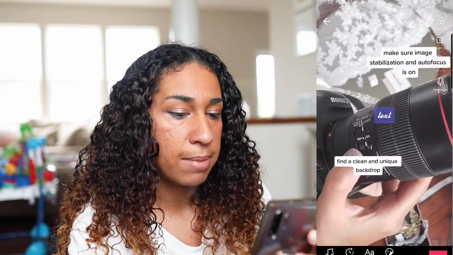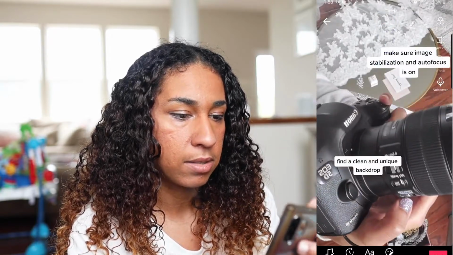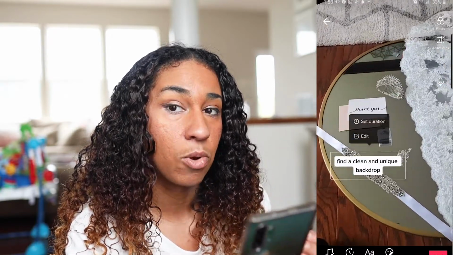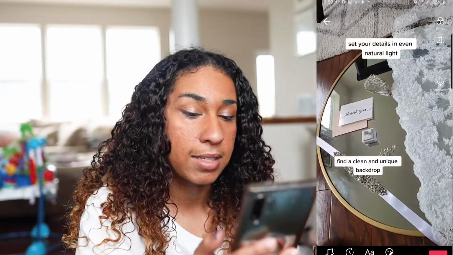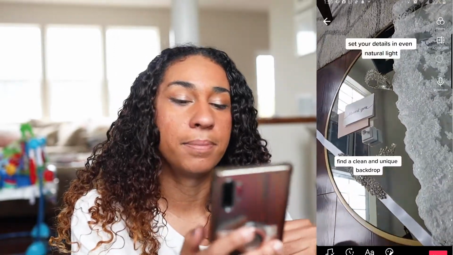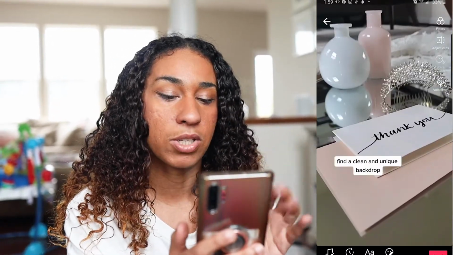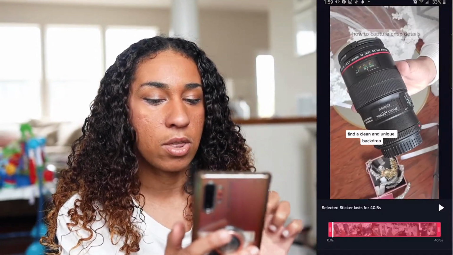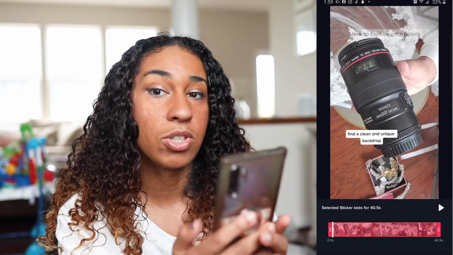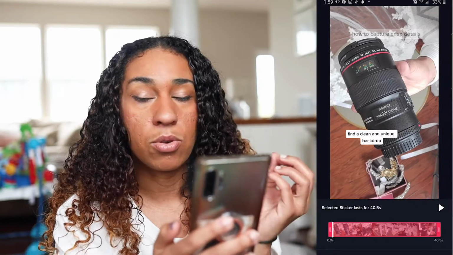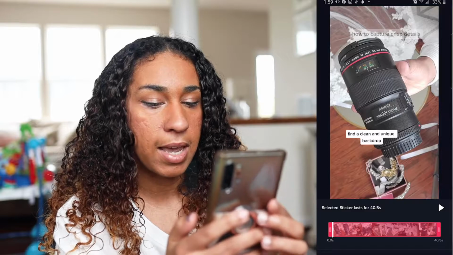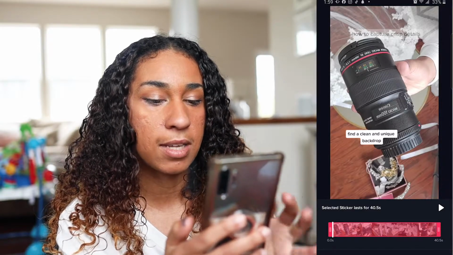So those are just the options. I'm not gonna do that. I already have everything that I want. So when I do add text, I usually add a lot, and I text it all first. Like I put all the text up on the screen, and then I choose the duration of when I want to do it. So to change your duration, you click that text and click the option that says set